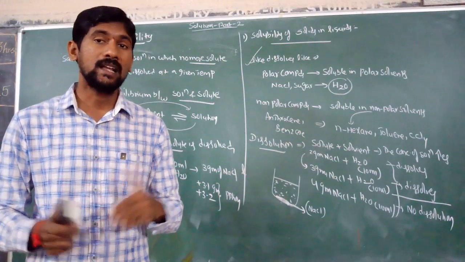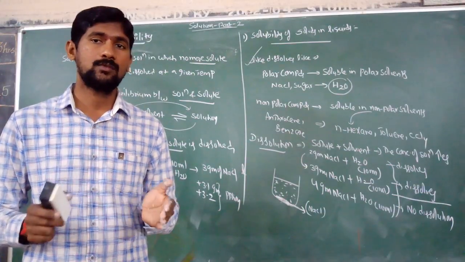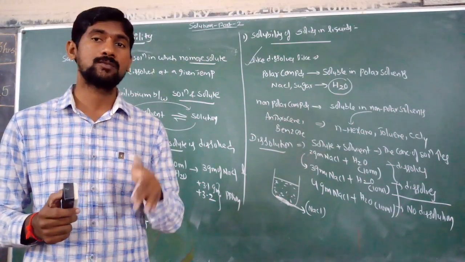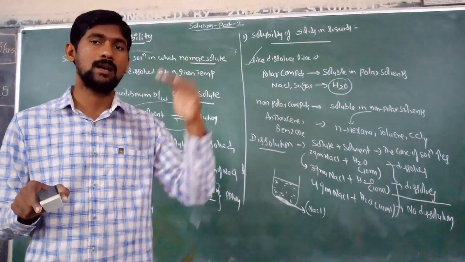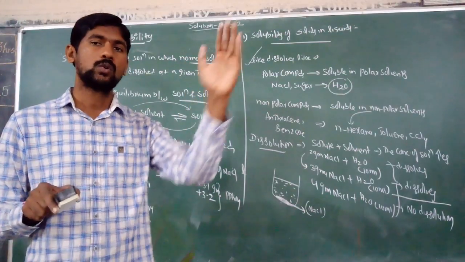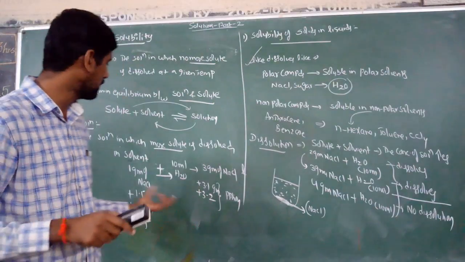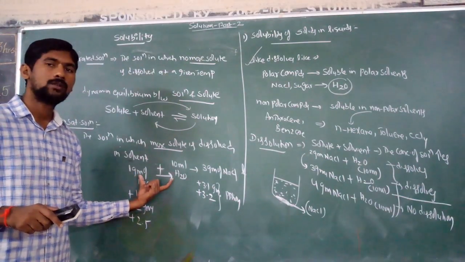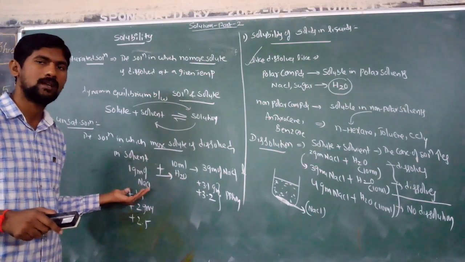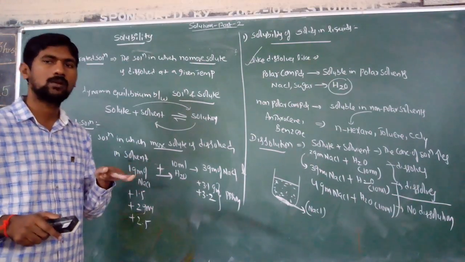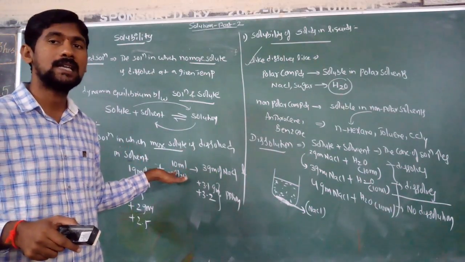The solute is not enough. So 1 gram of sodium chloride is not enough for 10 ml of water, because the saturated level is 3 grams of sodium chloride. Between 1 gram and 3 grams, you can add 2 grams of sodium chloride, and that also dissolves in the water. Therefore this is not enough solute. 1 gram is dissolved, 1.5 is also dissolved, 2 is dissolved, up to 3 grams of sodium chloride is dissolved in the water. Therefore this is called an unsaturated solution.